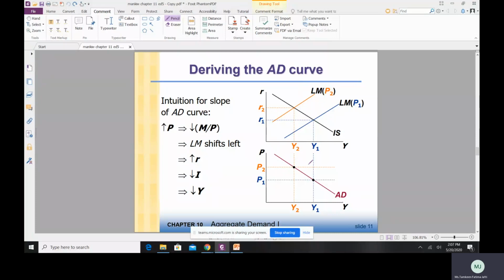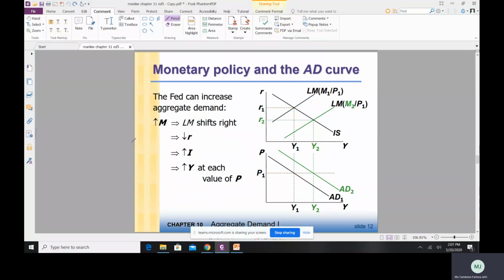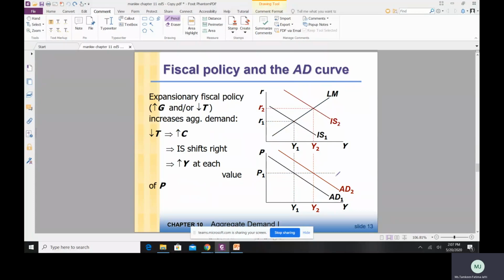So if you remember from the last part, we did 2 additional cases which can result in a shift in the aggregate demand curve. The first case was that when money supply increases, we figured out that the increase in money supply would be followed by a rightward shift in the aggregate demand curve. We also did another example where there was an increase in G or a decrease in taxes. Because of this, again, the IS curve is going to shift rightward, which would translate into a rightward shift in the aggregate demand curve as well.